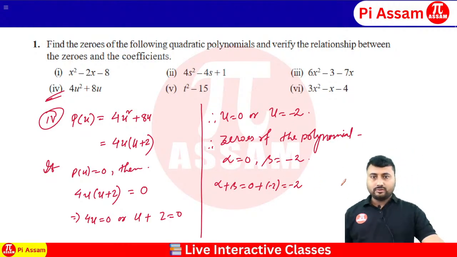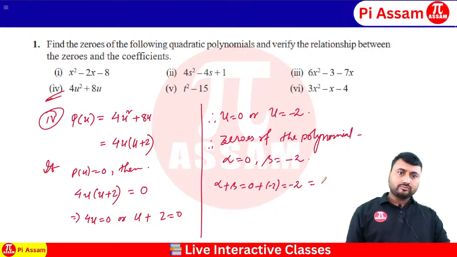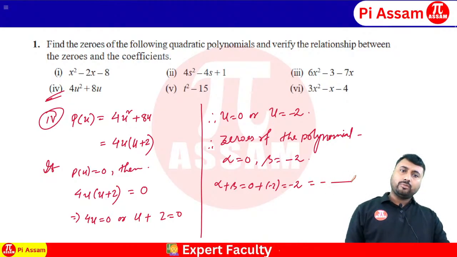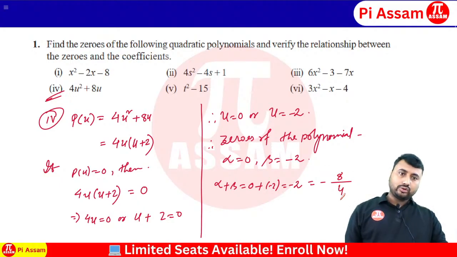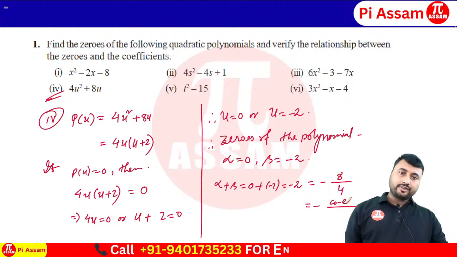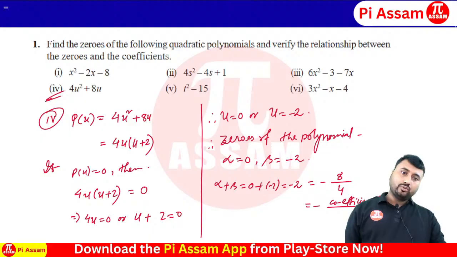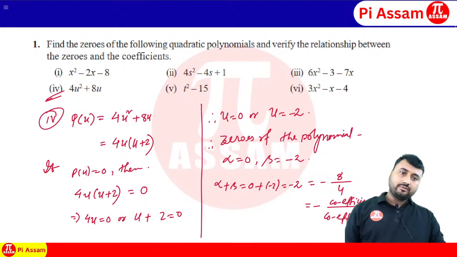So which is equal to minus 8 by 4, yes, which is equal to minus coefficient of u divided by coefficient of